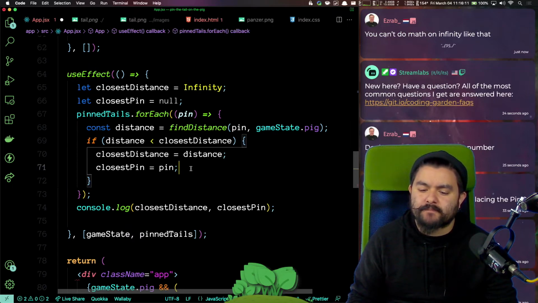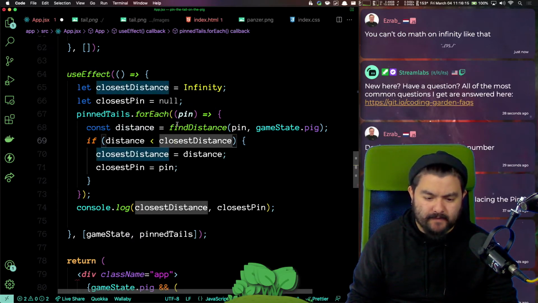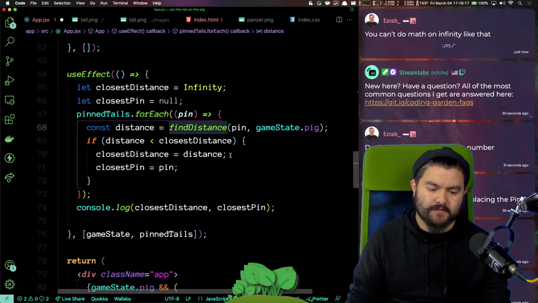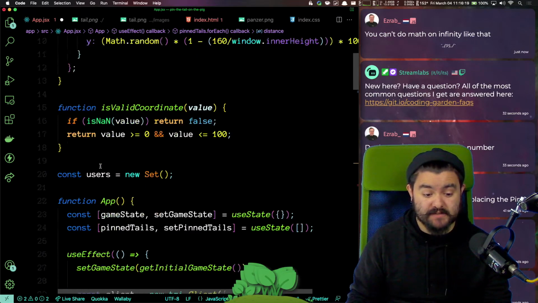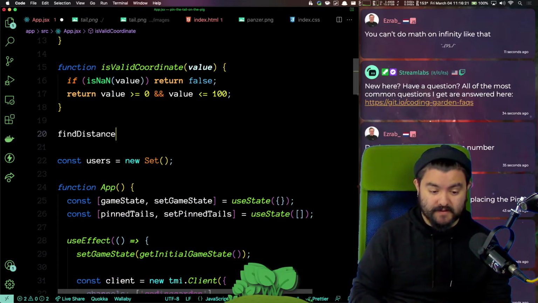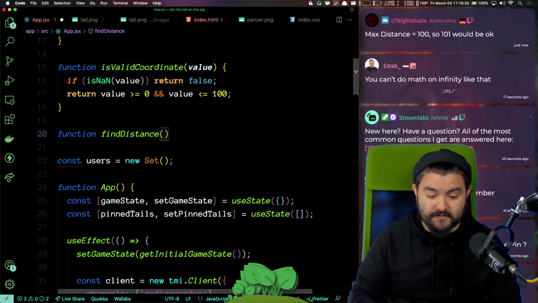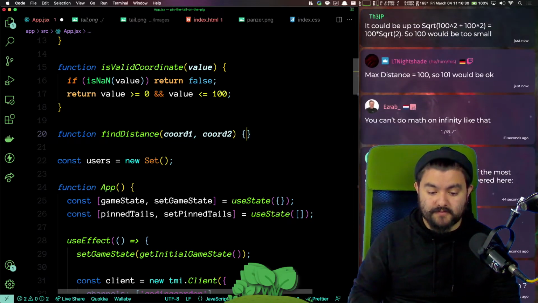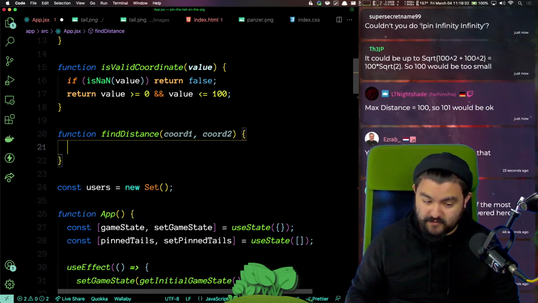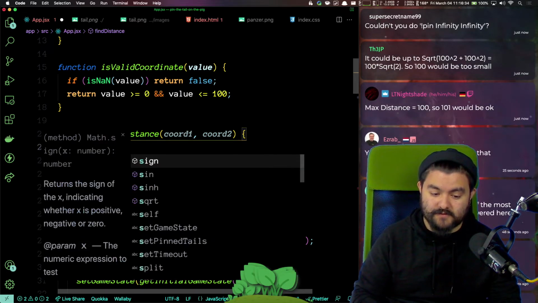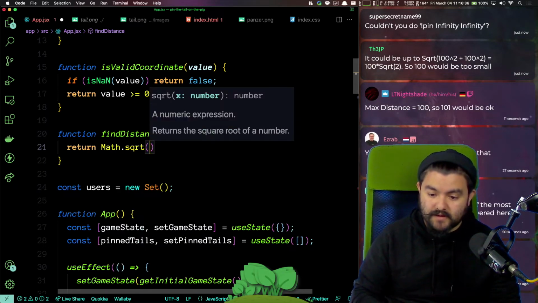Infinity is fine. Infinity is fine. So we need a find distance function, which doesn't exist, but we'll write it. So we get the coordinate 1 and coordinate 2, and then we need the distance formula. Yeah, so we just want math.square root of